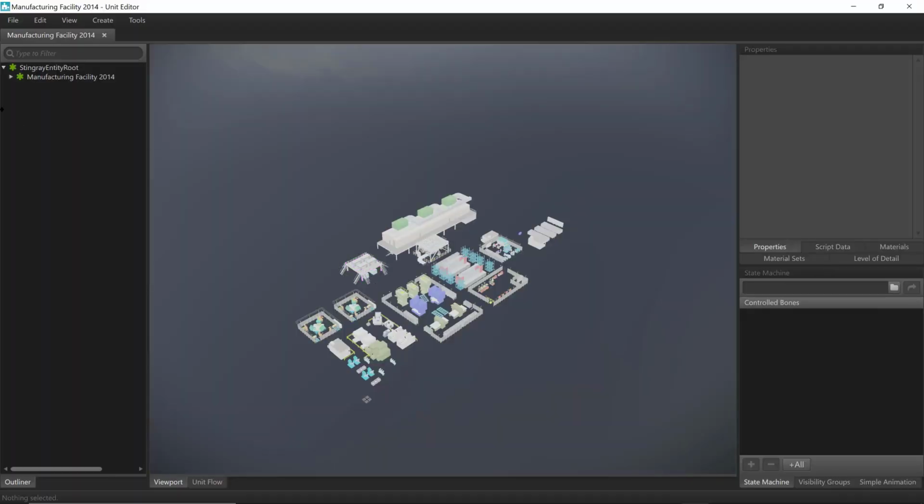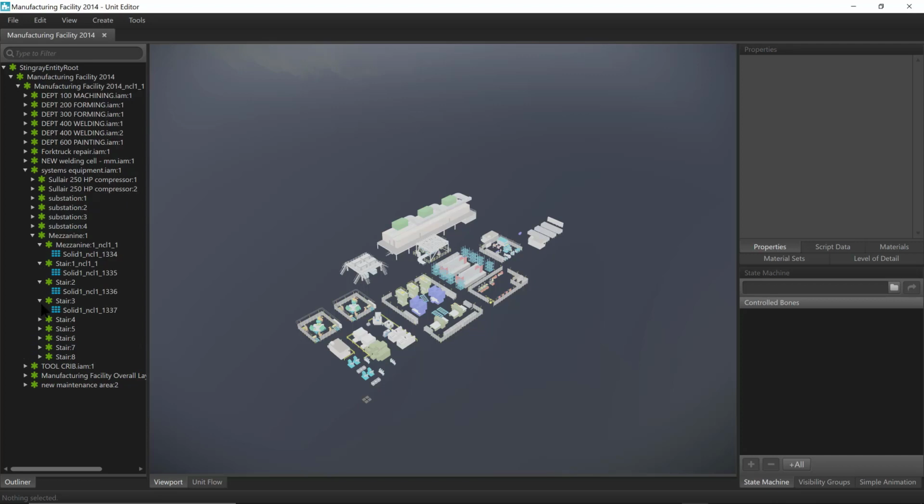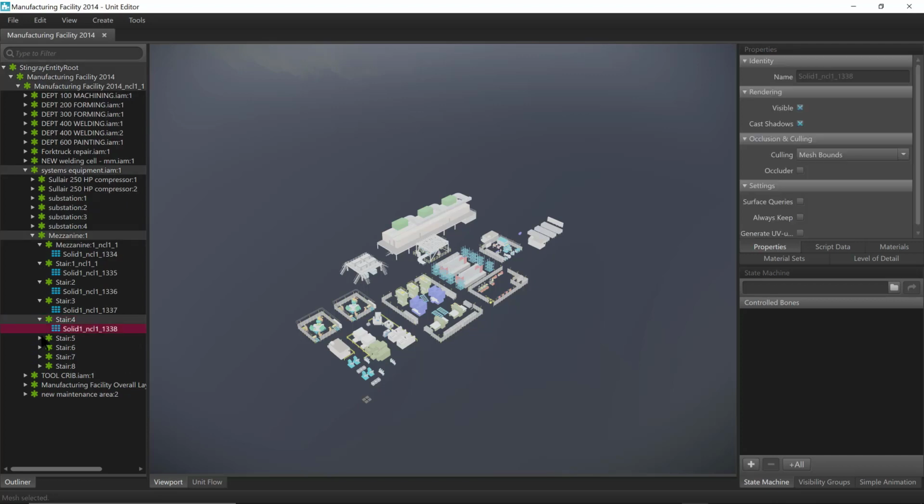So I just have to carry out just one step to address this. I open the factory in what is known as the unit editor, and I select the mesh elements for my mezzanine floor, which consists of a few stairs and the mezzanine floor itself.